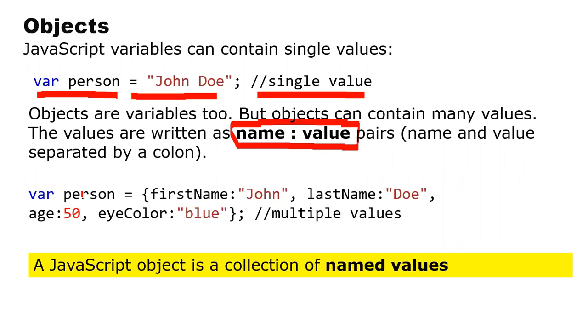For example, let us say that I'm going to define an object called person. If I want to define it, I'll write person is equal to, and open the flower braces. Remember, in the case of arrays, you use square brackets. In the case of objects, you use flower braces, or what you call curly braces.